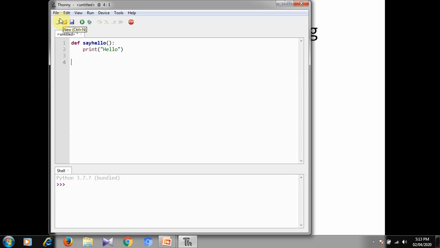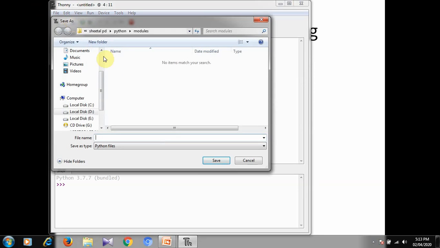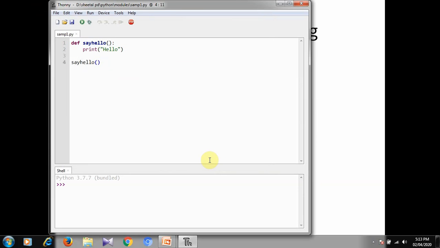I will write the function calling. For this I am not passing any parameter. I will save this file first. We will execute it. It has displayed hello world. Now we will pass some parameter to this function.